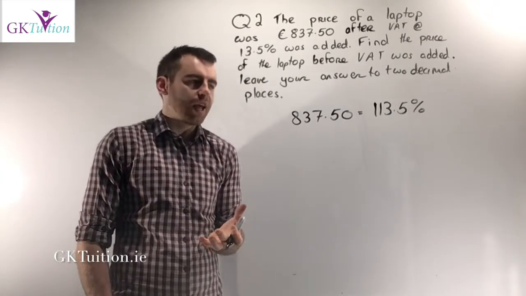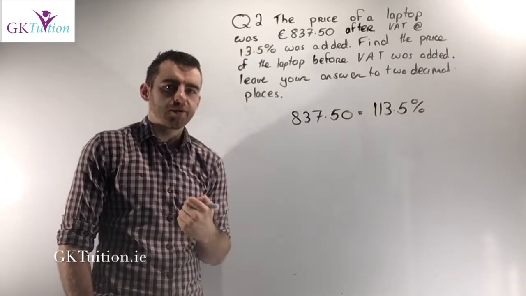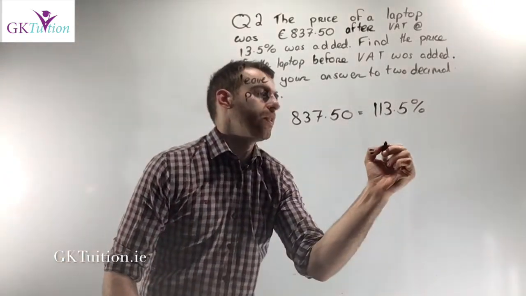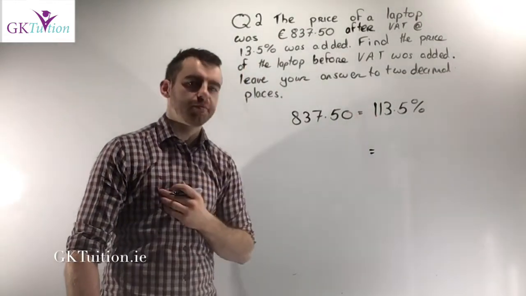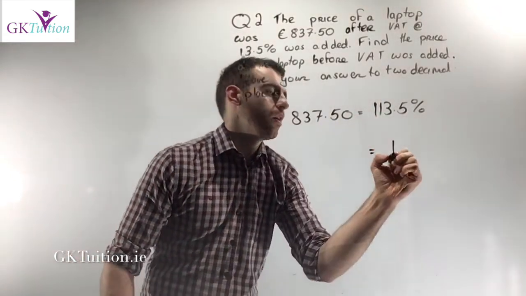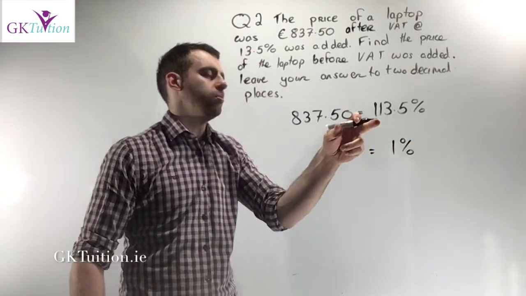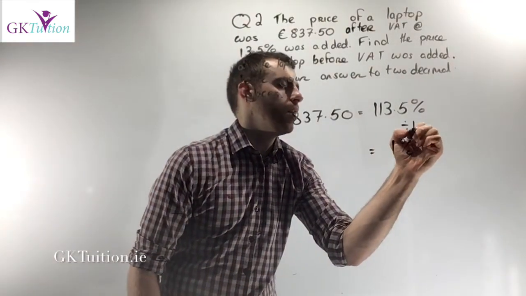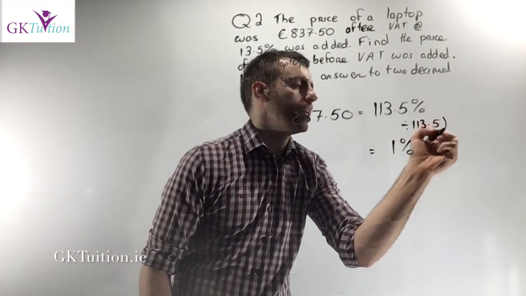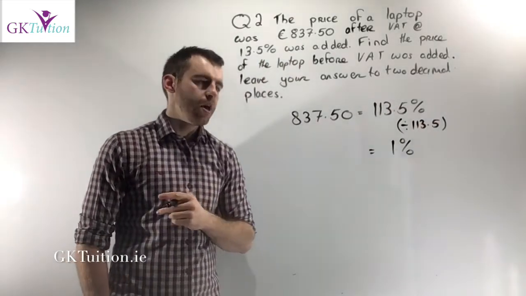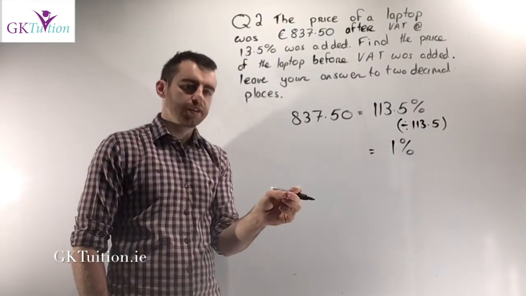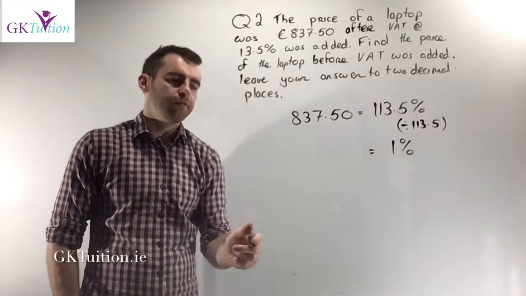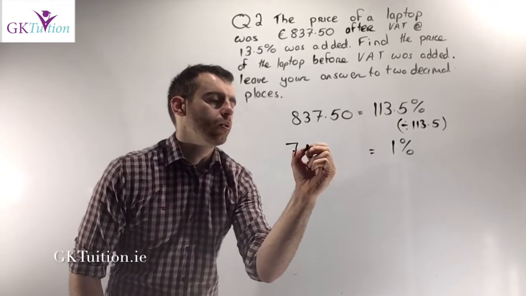Just exactly the same as the last question, the next thing you should try and work out is what is 1%. It always gets students to go down to 1%. So I need to figure out, if I know what 113.5% is, how will I find 1%? What do I need to do to 113.5 in order to turn it into a 1? I just need to divide that number by itself. So what I need to do is divide the right hand side by 113.5. If you're going to divide the right hand side by 113.5, you also must divide the left hand side by 113.5. Now if you do that in this case, 1% works out as